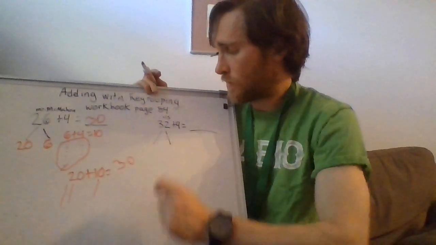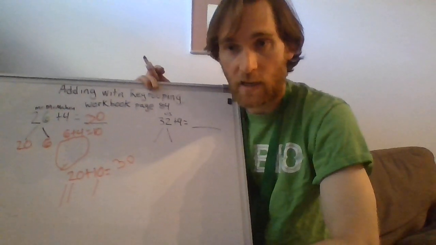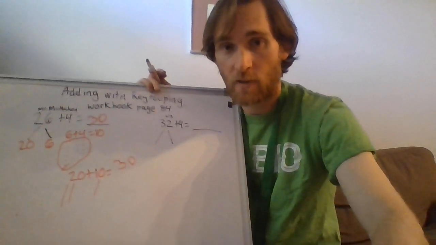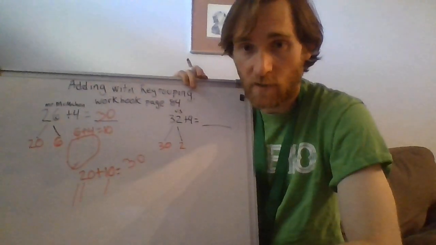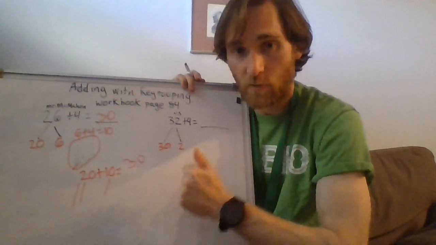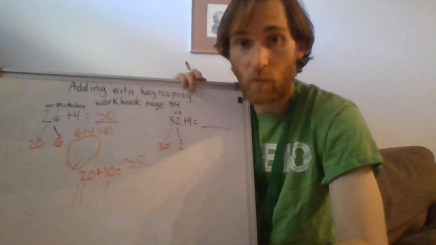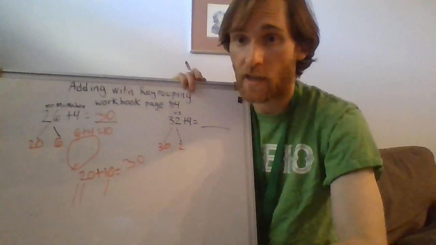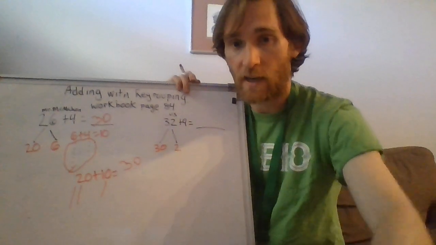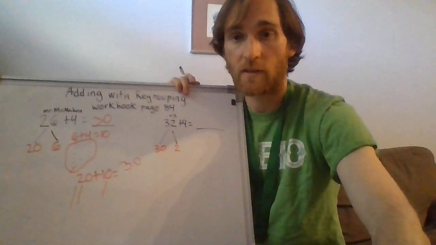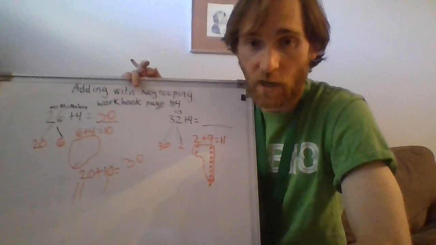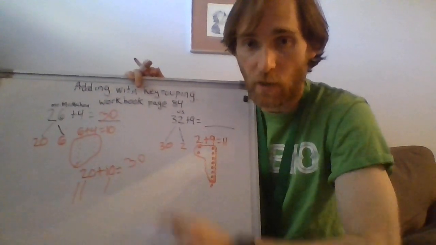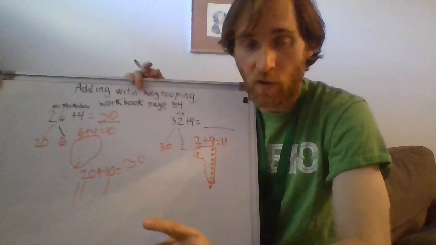The next one, 32 plus 9. I want my friends right now to break apart 32. Break apart 32 as 30 and 2. If you did, excellent. Now, what is step 1? That's right, add the ones. We're going to add 2 and 9. I want my friends to add 2 plus 9. Pause. 2 plus 9, did you find that it equals 11, that you made 10, and that there's 1 left